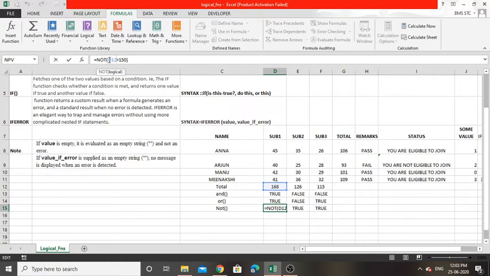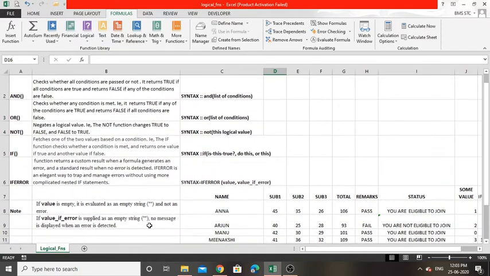As per the condition the result is true, but we used NOT, so it will give the output as false. So here you can see the false. So it negates a logical value. If the condition was true, then the output will be false. If the condition was false, then the NOT output will be true.